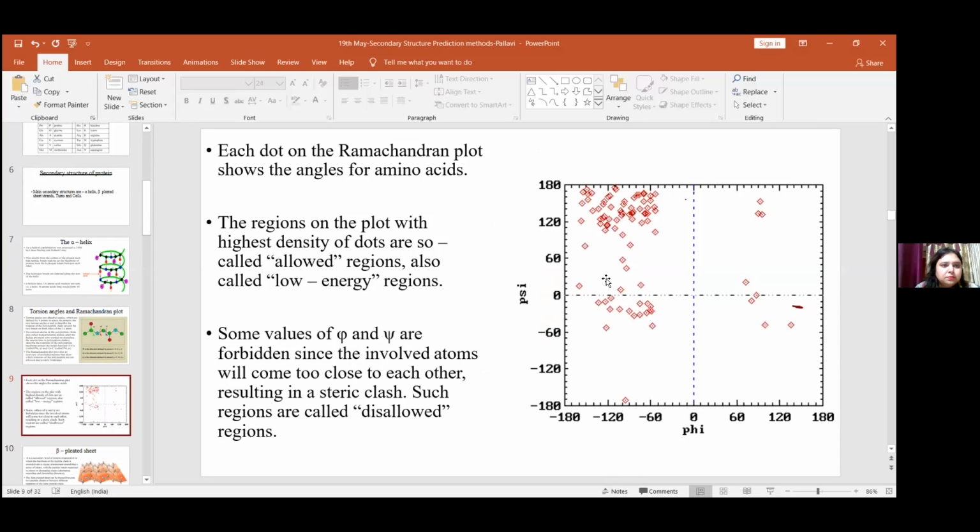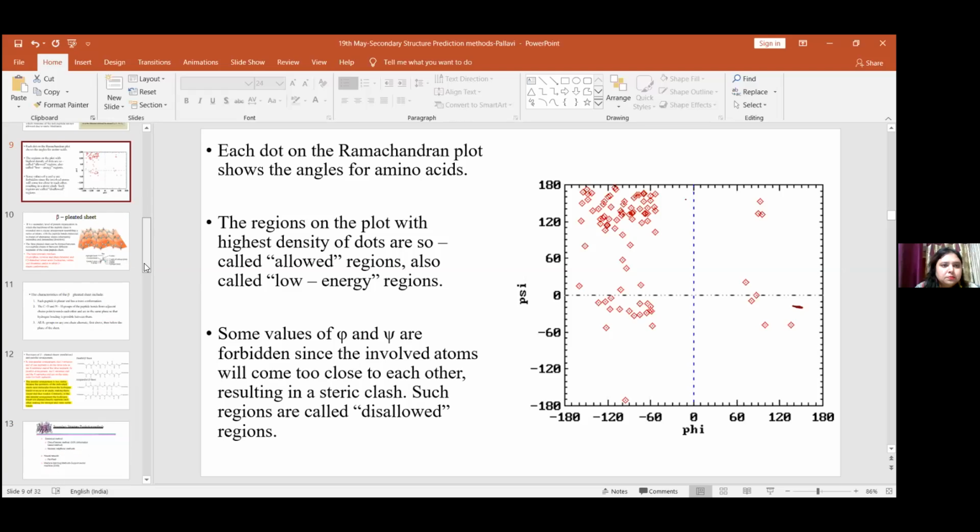I will not go into much detail here because we are not concerned with the exact calculations of the Ramachandran plot. I only wanted to show you that there are two dihedral angles in the protein and the movement is allowed only in specific conformations. There are certain steric hindrances in protein movements. Due to these restrictions, proteins adopt specific conformations and are in alpha helical form or beta sheet form.